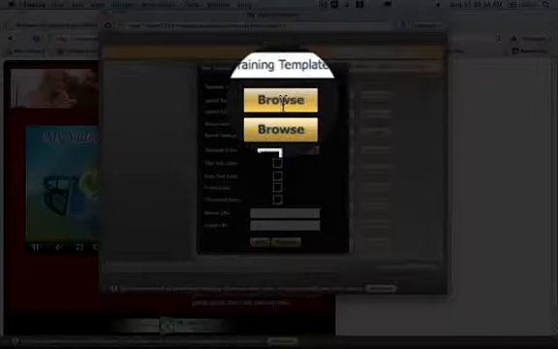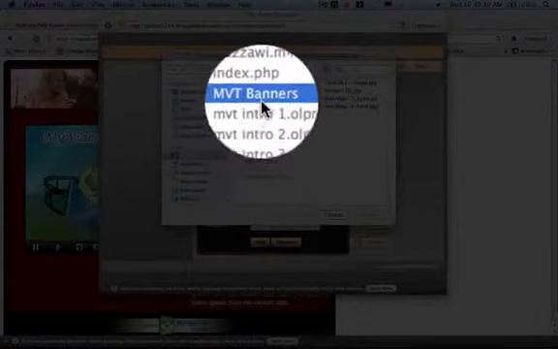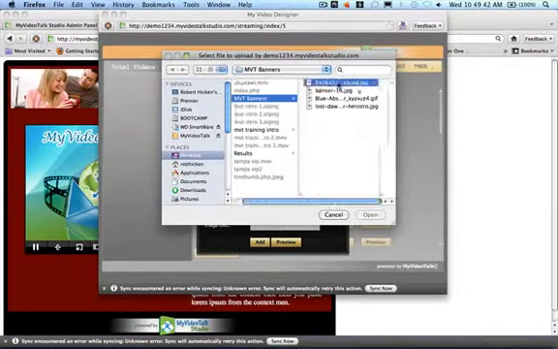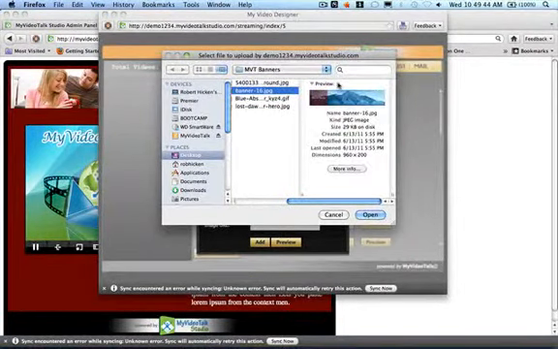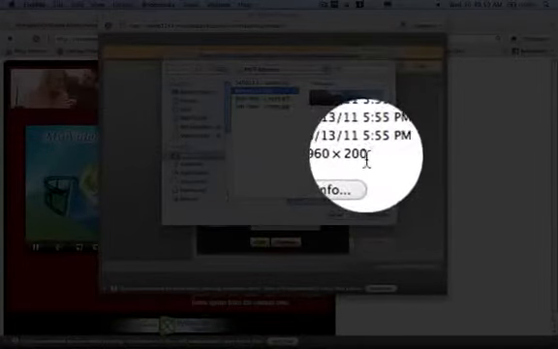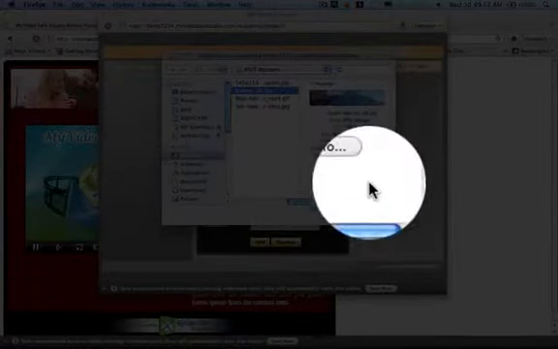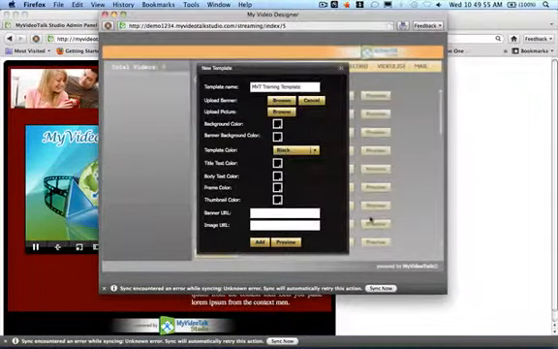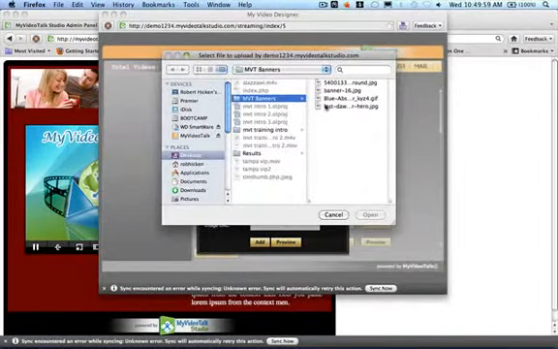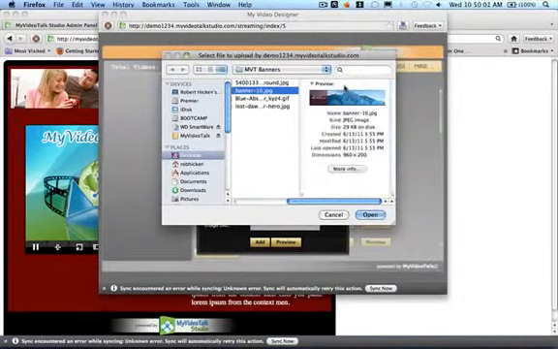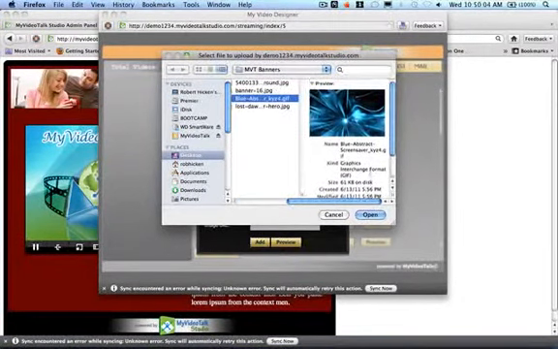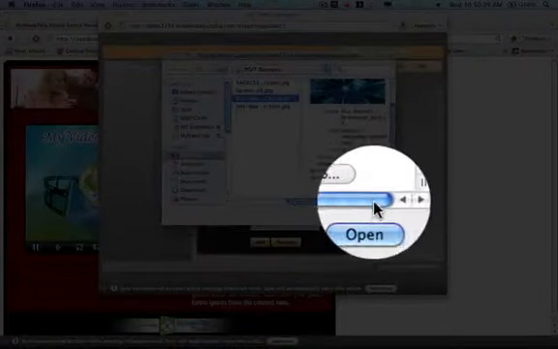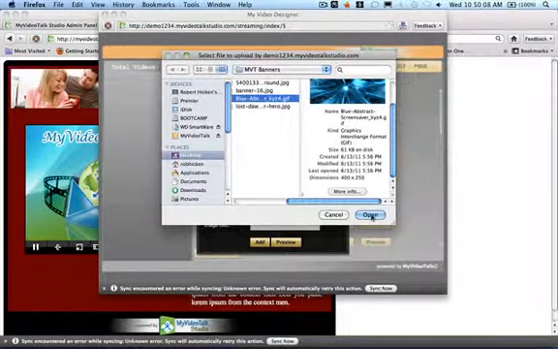So let's go ahead and click on the browse button, and I already have some banners here that I chose, just random banners, nothing that I've created or anything. I just went out to Google, and as you can see here in the dimensions, my dimensions are 960 by 200. So we're going to go ahead and choose that for the banner, and then we're going to click the picture, and we're going to choose a picture, which this one right here is about 400 by 250. Let's see what that looks like when